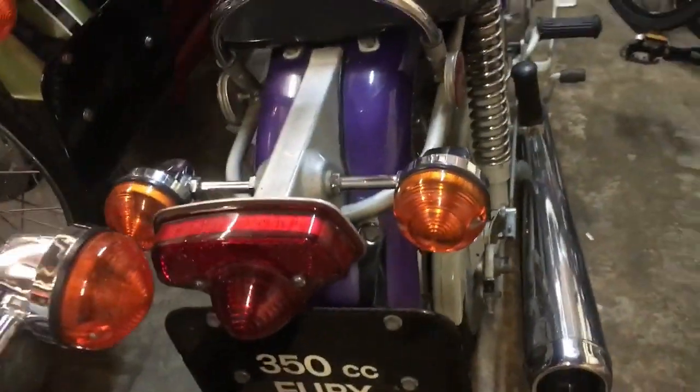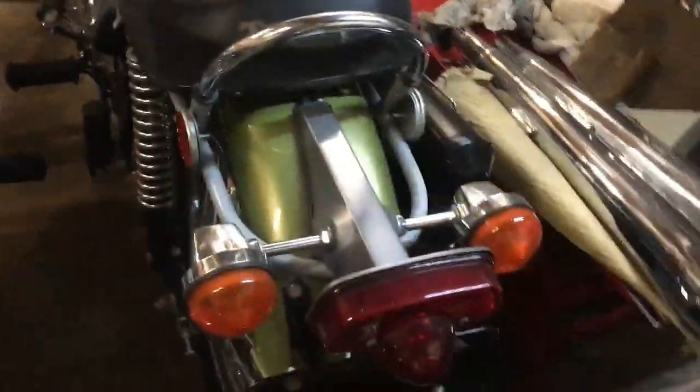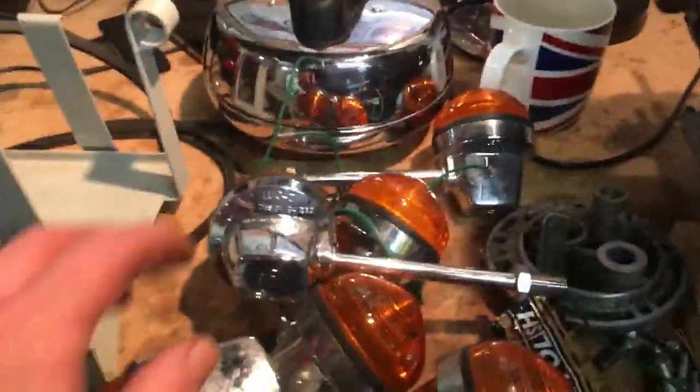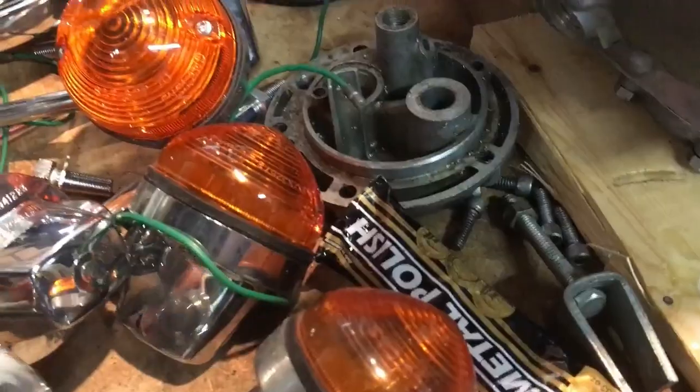Actually, but as you can see on the Fury, they're shorter ones on the back. On the Fury, the Bandit, and the Fury SS, they're shorter, but on the bigger bikes they're longer. So anyway, we've got the longer ones for the back for the Lightning, and I've got 3 of those, and they're in very good condition. They're fine. Now for the front are the short stemmers,